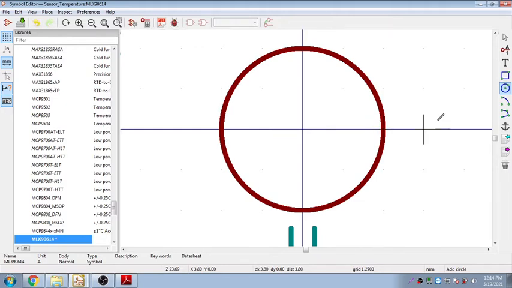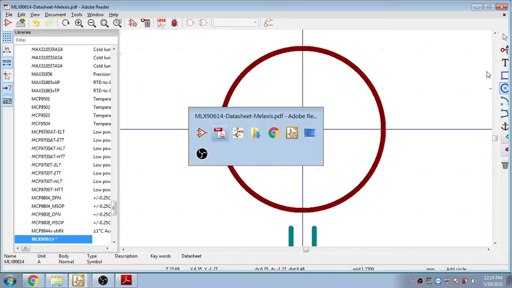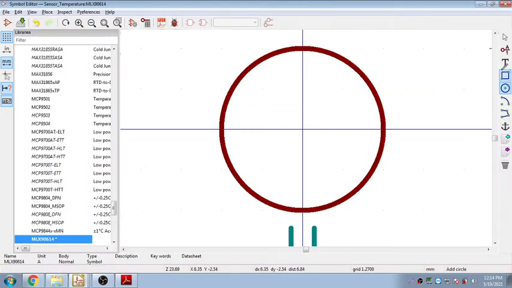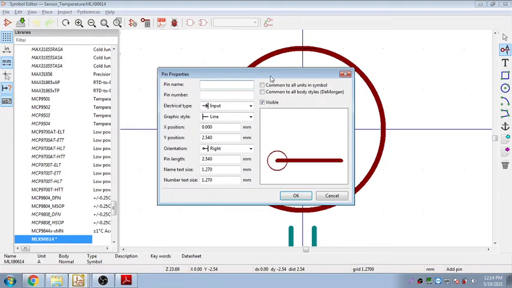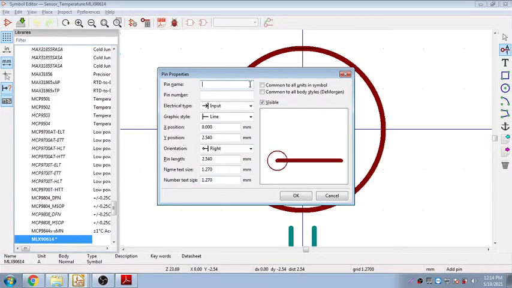Okay, now I need to create a pin for this, and as you can see here, notch is given here, so that is not necessary for time being. So what we'll do is we'll create a pin here, and this pin reference is SCL, pin name is SCL, and the pin number is 1, and this is an input pin, and direction you can just say it is